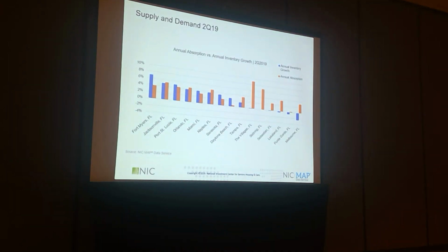I'm going to touch quickly on the supply and demand characteristics in the second quarter. In relation to the construction data I just showed, it's really going to provide a little bit more insight into the current occupancy rates by market. The largest quarterly supply and demand imbalance is noted for Fort Myers, on the left-hand side of the chart, where annual inventory growth was 7% in the second quarter, year over year, whereas annual absorption was just 3.9%. That really helps explain why the average occupancy rate for Fort Myers happens to be so low at 80.9%